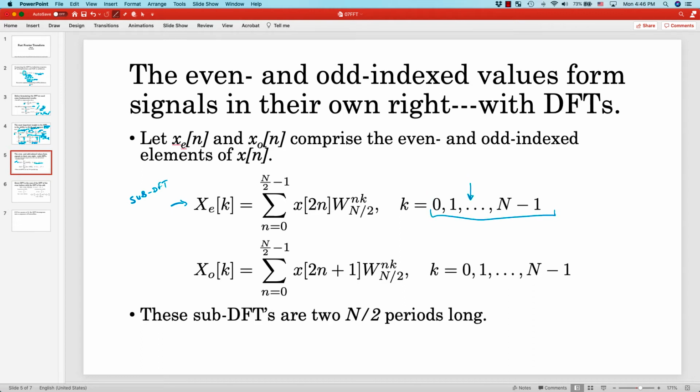Even though the only k's for which there are new values are up to N over 2 minus 1, there are more k values that we could plug in, and we're guaranteed repetition, right? So the DFT is always periodic, and it's periodic with period the length of the time signal. And so if I cut the length of the time signal in half, the DFT period is halved, but there's nothing stopping me from evaluating one period and then the next period. And so that's what we're doing here. We're evaluating 2 periods worth